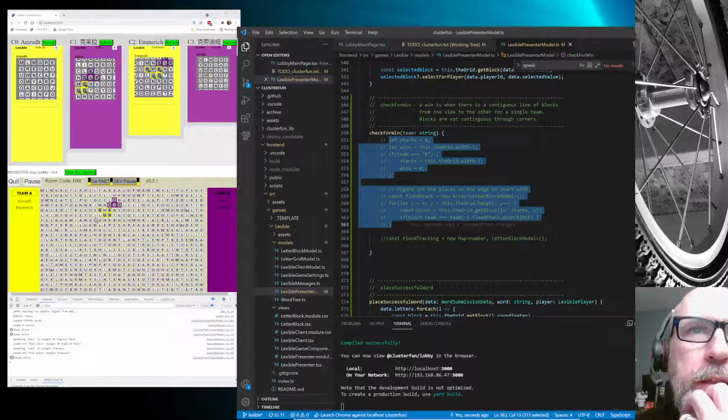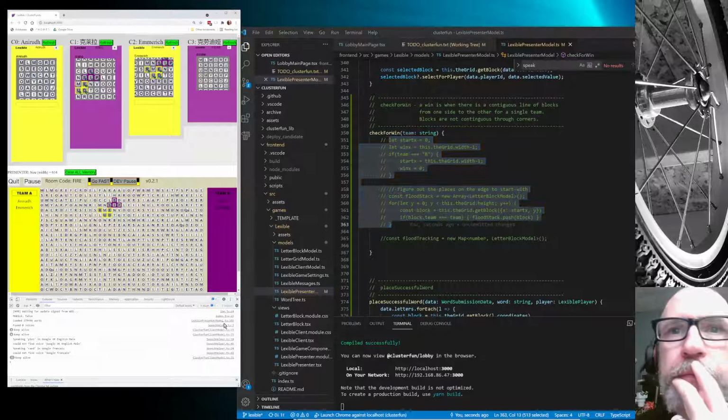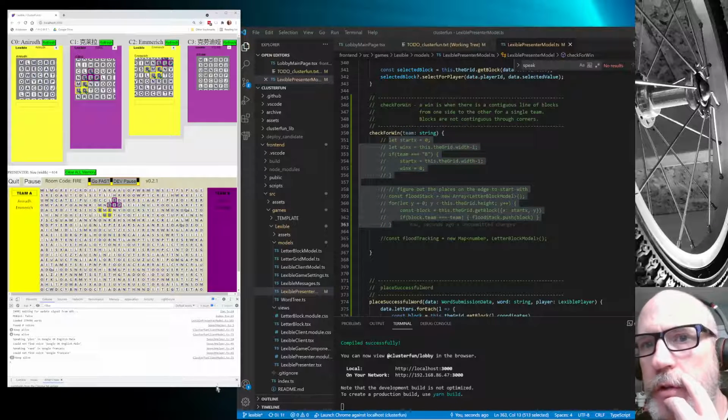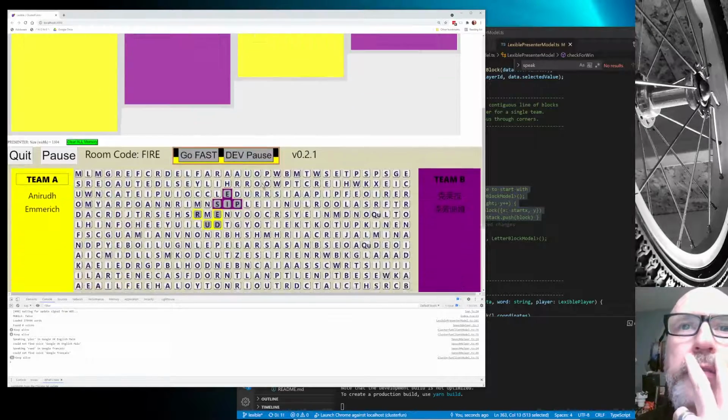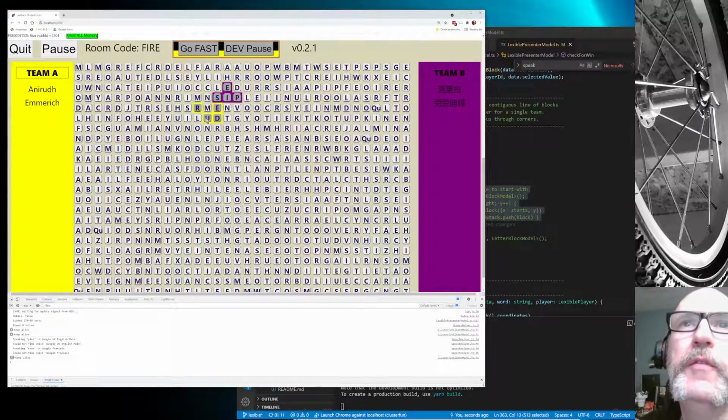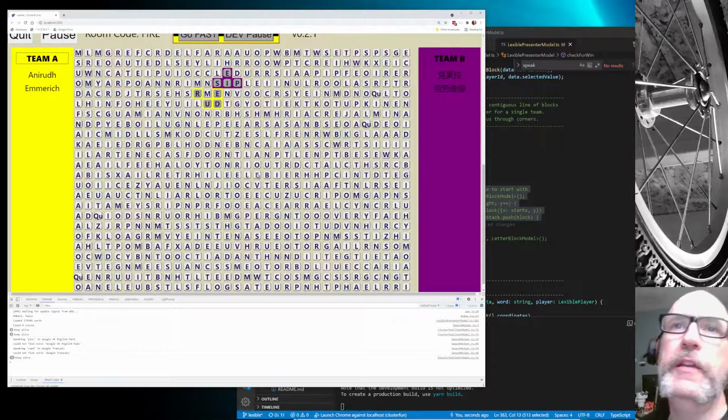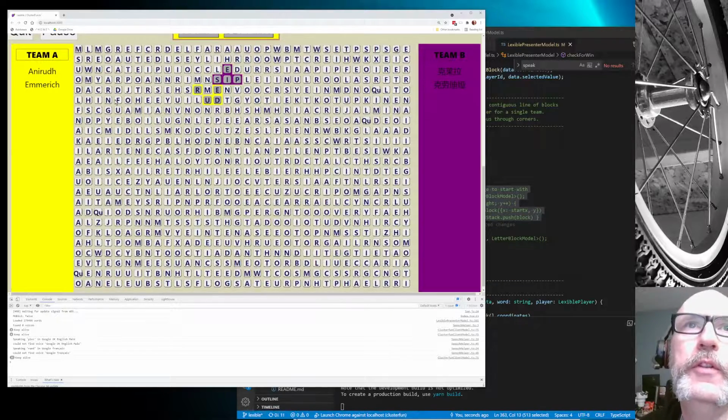And the way that the flood fill will work in this game, let me make this bigger so we can see more clearly what's going to happen. So basically every time we place a word, we want to see if that team has won. And the way that we do it is we're going to attempt a flood fill from any occupied square